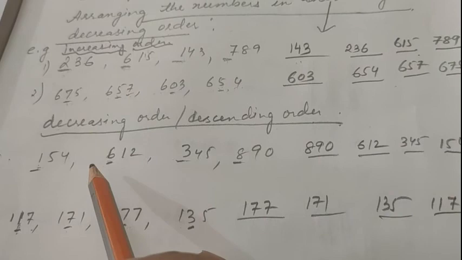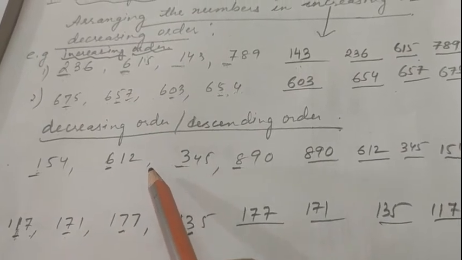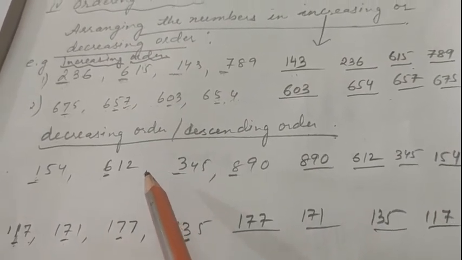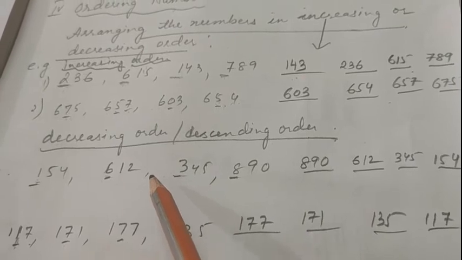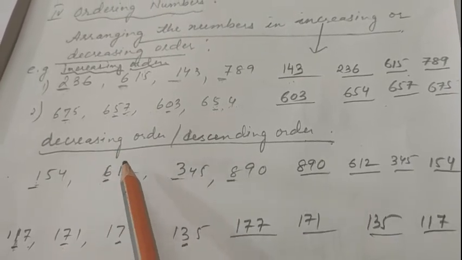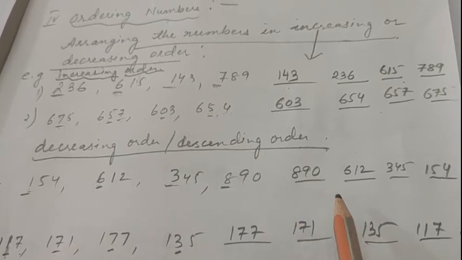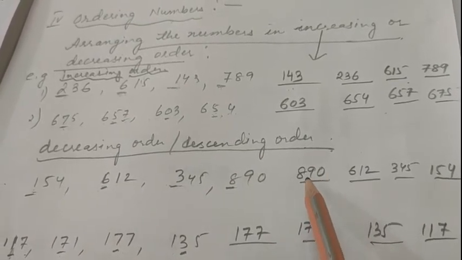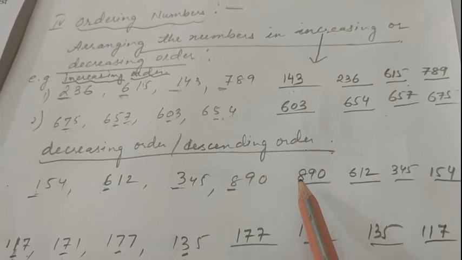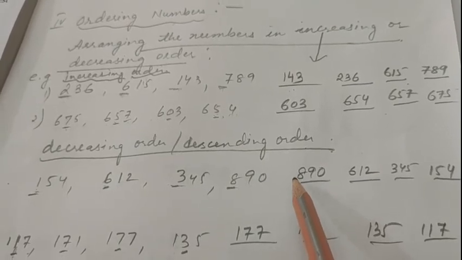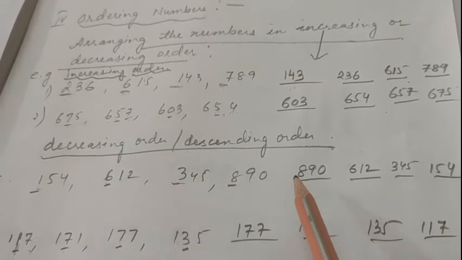But for this you have to be very thorough with the back counting numbers or forward counting numbers. You have to check the hundreds, tens, ones, and then only you can put the numbers in descending or ascending order. Clear, children? Let us do 2 more examples from the textbook.